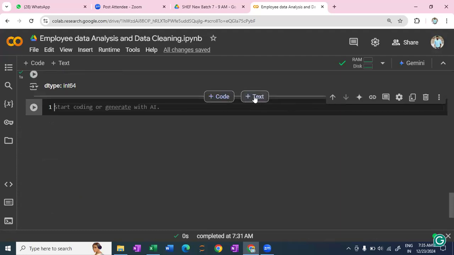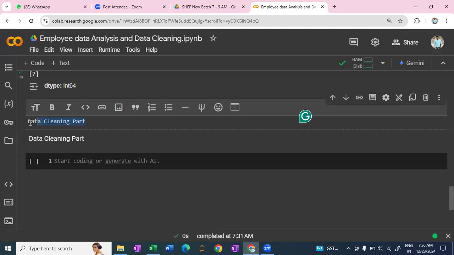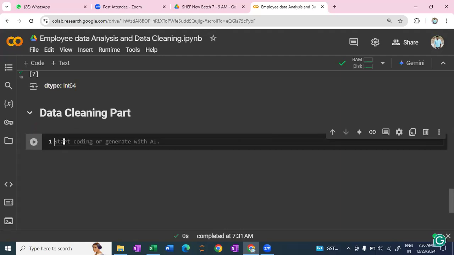Okay, let's start the cleaning part. So here I mention data cleaning part. So first of all, do one thing. Check the category for object data type columns,